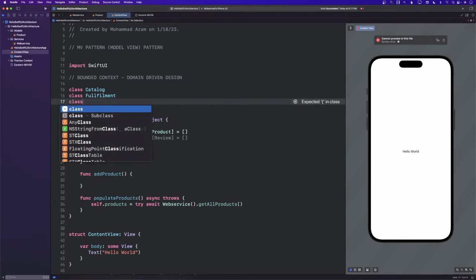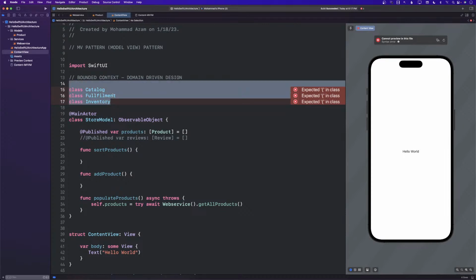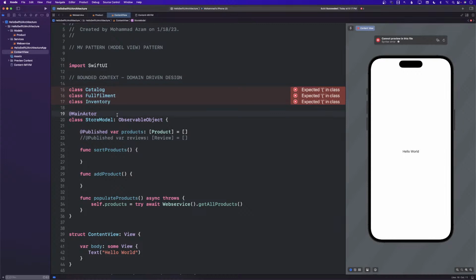Maybe I have a model for inventory. All of these models will be dedicated to providing the objects that they contain. Right now, I have a store model. I have a simple app over here. I don't really need to create 30 other models. I call them aggregate models. So let me go ahead and type it out over here.